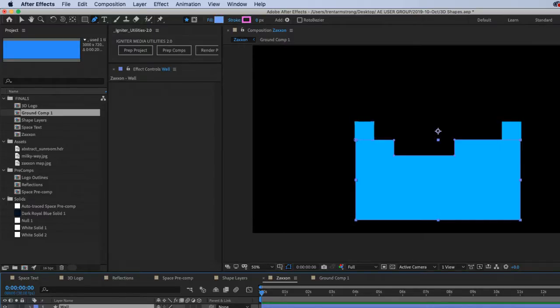So the columns are going to go like that and they'll extrude. Okay? So they're going to start at the top and go down to the ground.